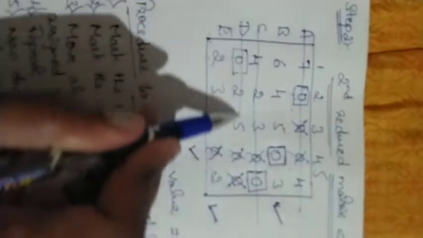Now draw the lines through the unmarked rows and marked columns. What they are saying is, you can draw the line for the unmarked rows. This first row is unmarked, so just draw a horizontal line. This one is marked, no need to draw the line. The third row is not marked, so draw a horizontal line. And the fourth row is also not marked, therefore draw a horizontal line. The fifth row is marked, no need to draw the horizontal line.